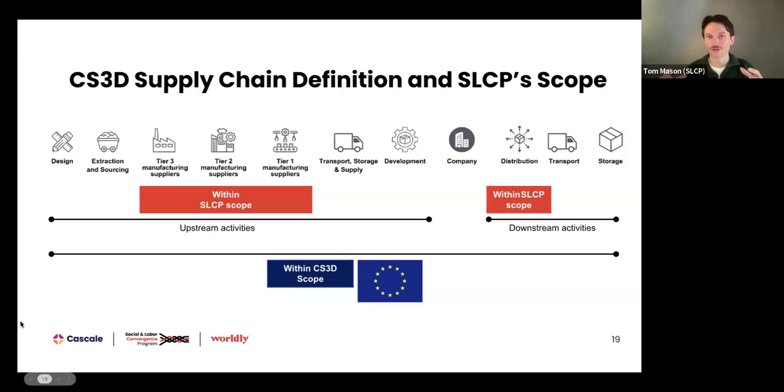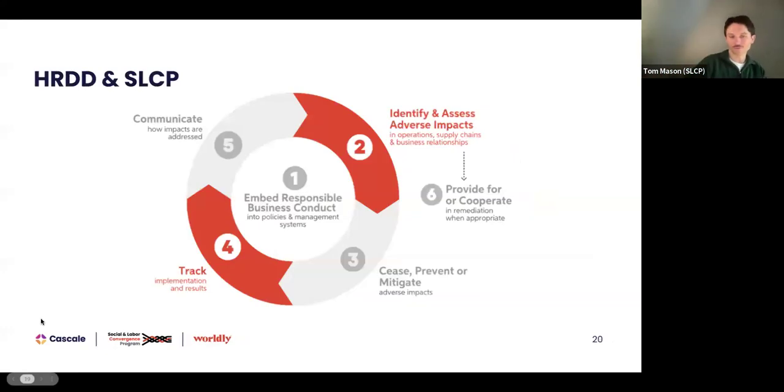We're not trying to create a tool that is going to help you with your whole compliance needs. It has a specific role, and it needs to be used in the context of other measures and activities to help comply with legislation. So jumping on to the next slide, what's also good context to provide to you today is what the actual role of SLCP and the CAF is in the context of human rights due diligence.